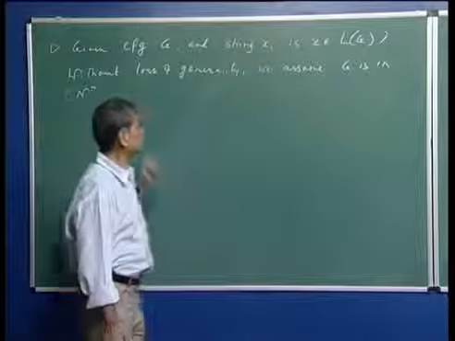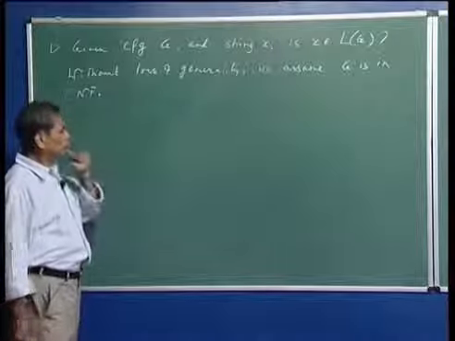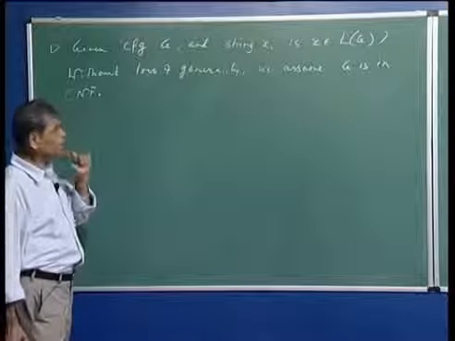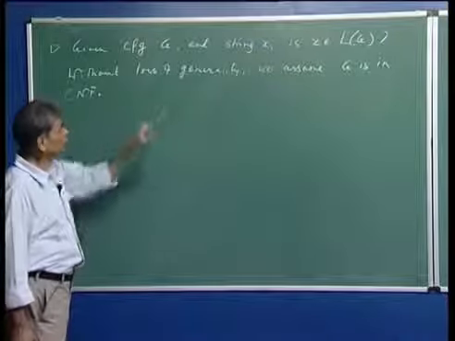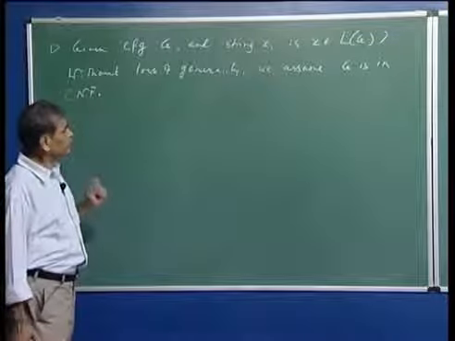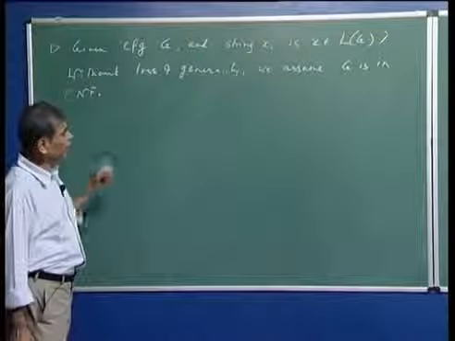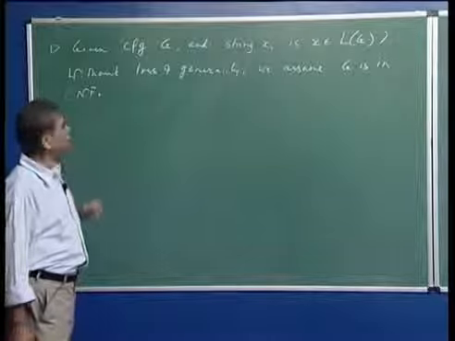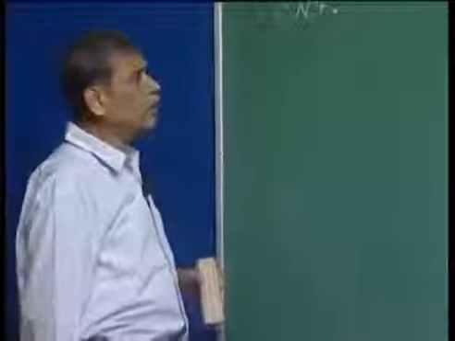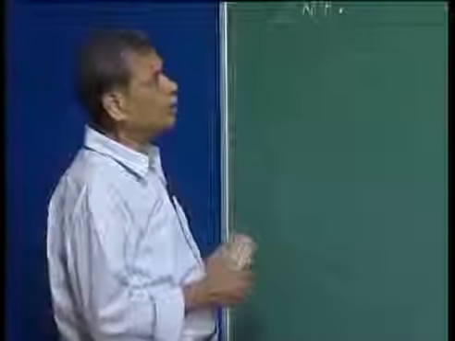So, that's the case when x is epsilon, that can be taken separately. Otherwise, we might as well take that the grammar G is in Chomsky normal form. And now the idea